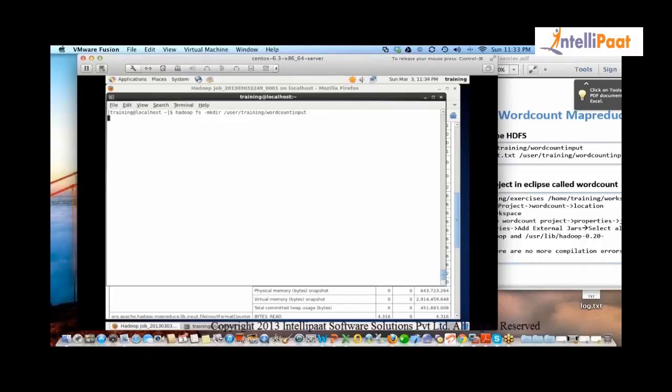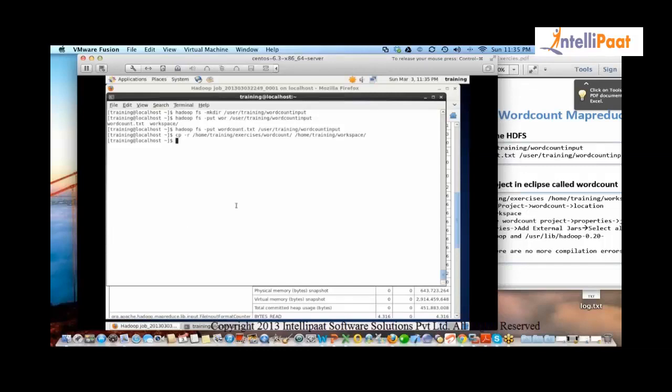Now you tell me what am I trying to do here? The next command. Moving the text file to word count input. Right. Fantastic. So basically I created an input directory for a new program and I'm putting one input file there. What am I doing here? It's a Unix copy. It has nothing to do with Hadoop. Fantastic. So all I'm doing is I have provided you certain exercises and we are putting them in the workspace